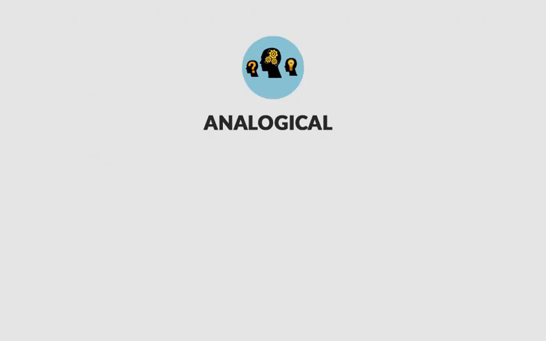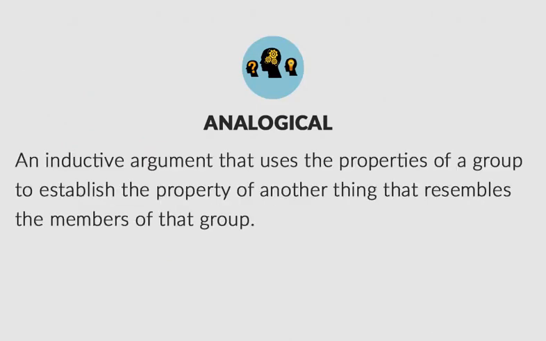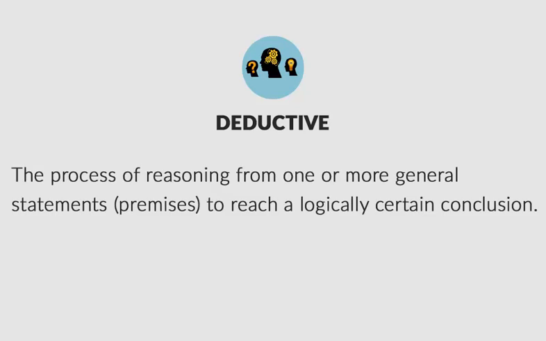Analogical, which is defined as an inductive argument that uses the properties of a group to establish the property of another thing that resembles the members of that group. And deductive, which is defined as the process of reasoning from one or more general statements, premises, to reach a